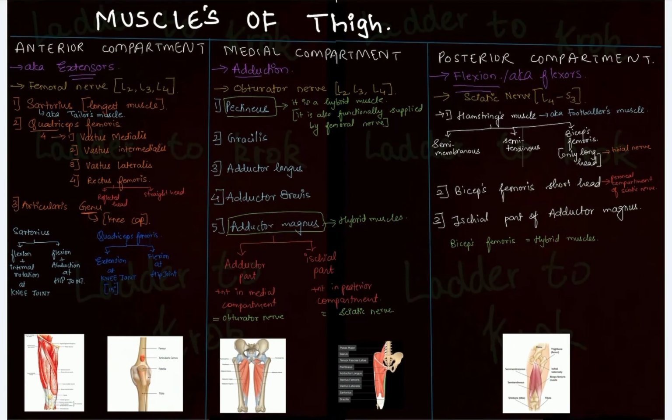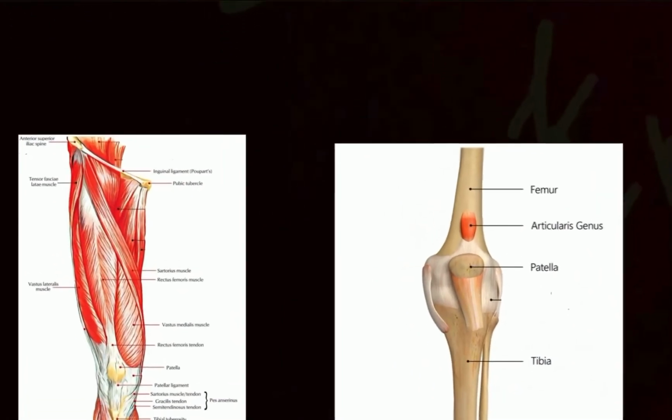Okay. Now let's look at the pictures of the muscles. Let's know how it is present in our body. Again, I'm repeating, no need to draw this. Okay. You just have to look at it and know how it is present. So the sartorius muscle, you can see the sartorius muscle, right? It runs from the hip joint till your knee. So it is the longest muscle, okay?